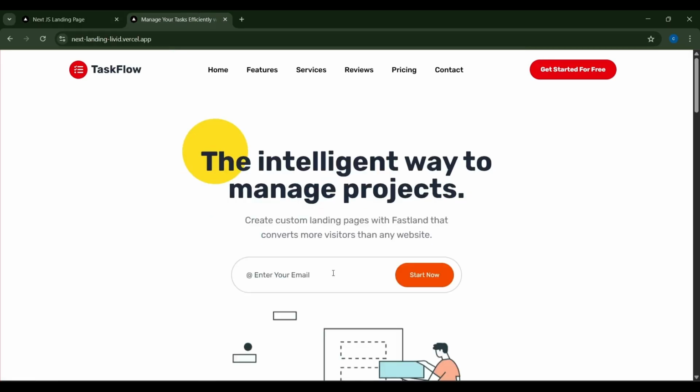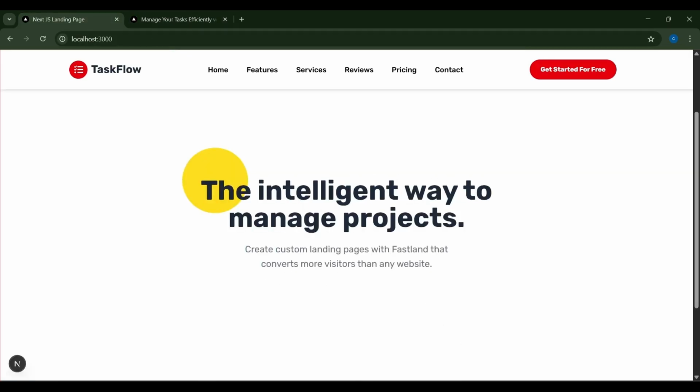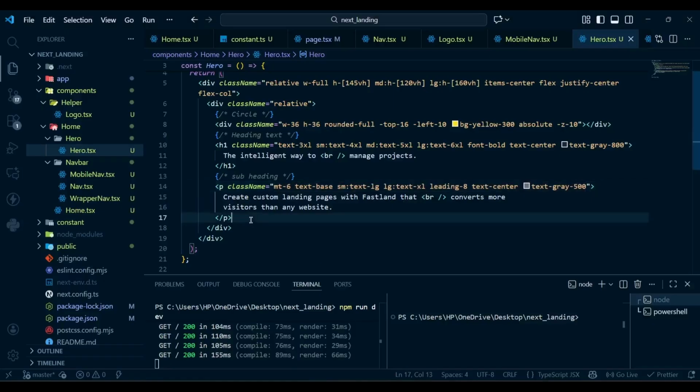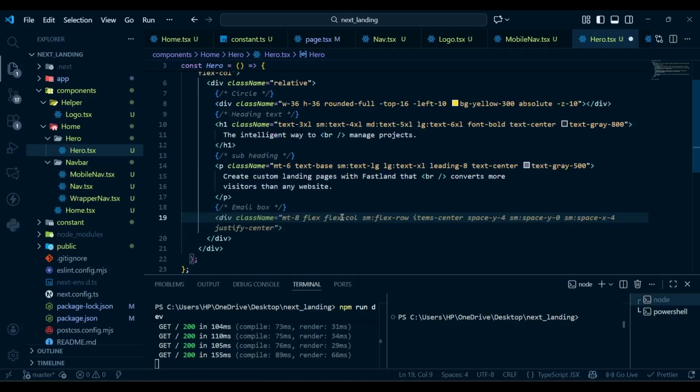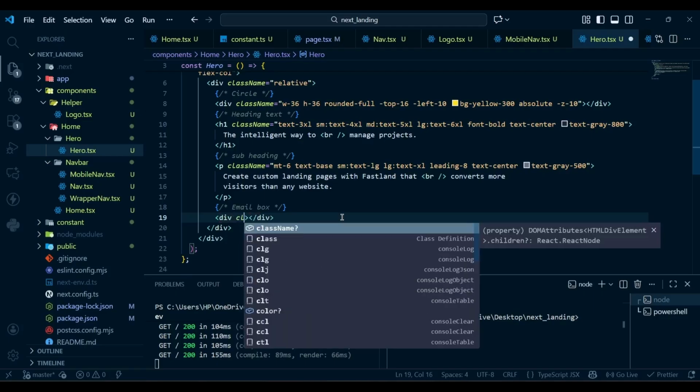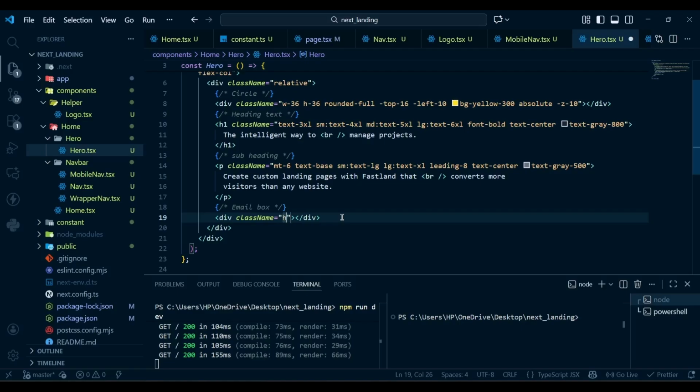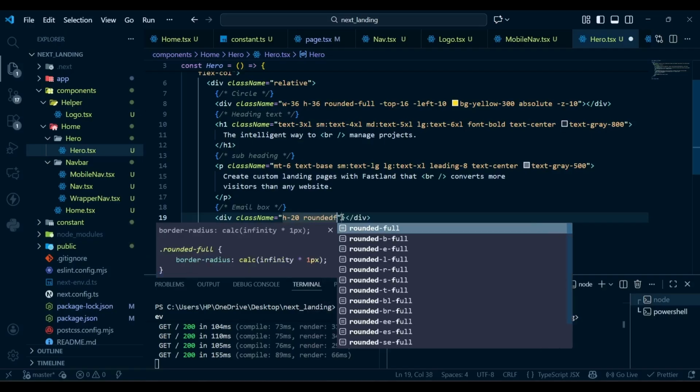Next we have this email box. So after this p tag we have a div. So let's add a comment here: the email box. So here we have a div, and the div has a class name of height 20, rounded full,